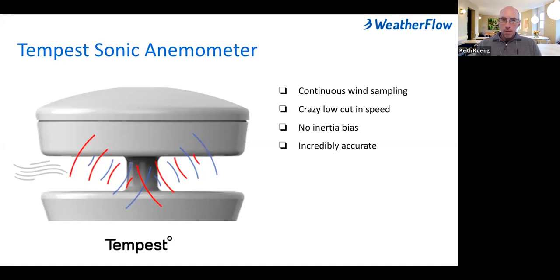We report lull, average, and gust values. Our entire reputation at WeatherFlow is largely based on our expertise in measuring surface winds. And so with the Tempest, one of the main product design requirements was the best wind sensor in the world that was both low cost and low power. It is incredible that we can produce a sonic anemometer that's both self-powered and wireless, that operates at the accuracy that these operate.